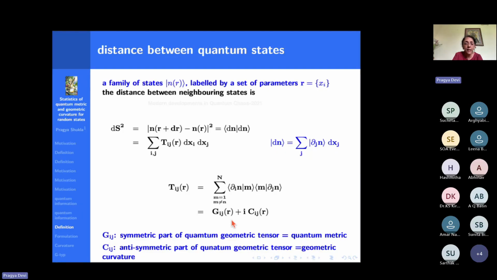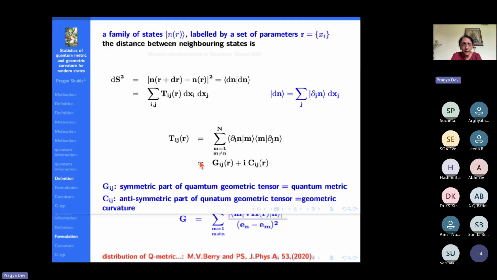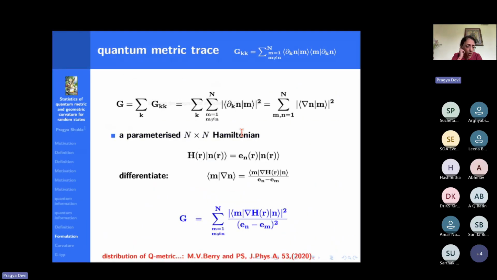But basically the idea now is to focus on what we can say about quantum metric and quantum curvature. As you see, both of them arise because we want to consider the distance between 2 quantum states in the parameter space. So, of course, without getting into mathematics, it's more important to consider